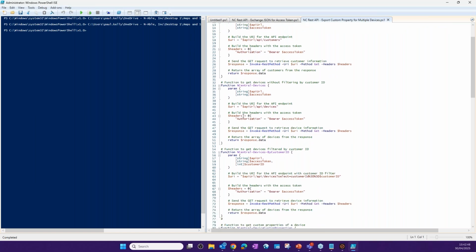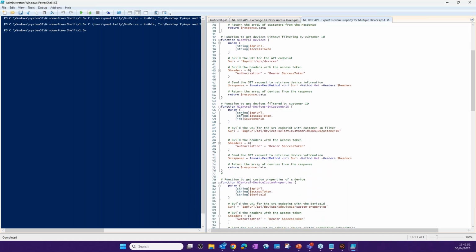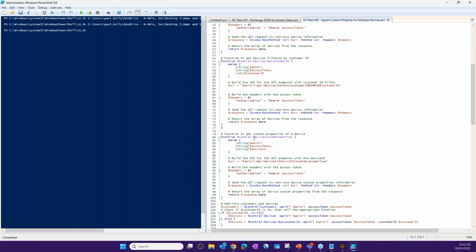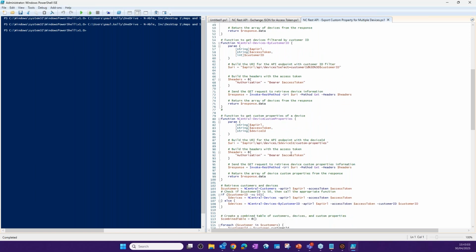I'm then generating a function around the customer devices based on the customer ID. And then I'm generating a function call around the N-Central device custom properties. If you're looking at this going, whoa, you lost me, Paul, this is where generative AI comes really useful, guys. So leverage your generative AI tools to help you build out these scripts if you don't have this experience as